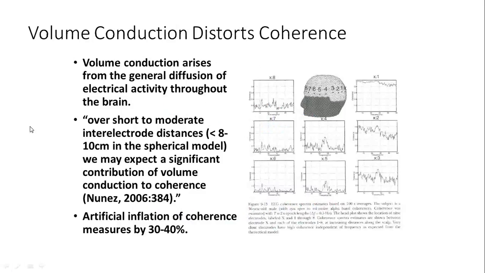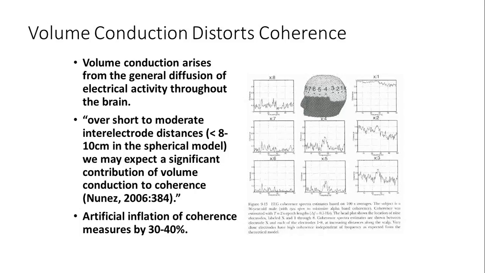Now, when we measure phase, we have some issues that we have to contend with to get an accurate measurement of it. And one of the problems that distorts our measurement of phase and coherence is volume conduction. So volume conduction is the movement of electrical information throughout the brain, almost like the cloud we have on the internet. There's a constant kind of cacophony of information that is just moving randomly through the brain all the time from general diffuse electrical activity.